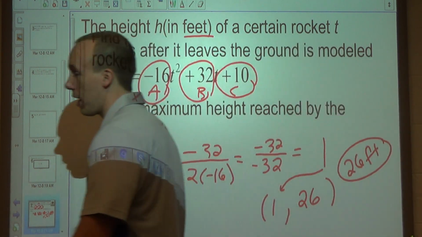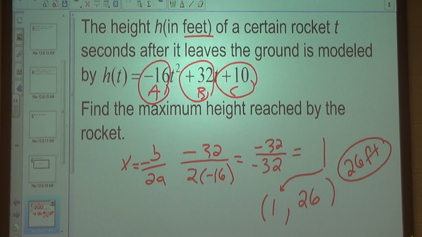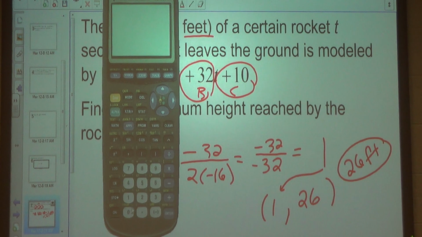Now how could you use your calculator to also calculate the maximum? Because that calculator does that for us. So if you plug the equation in your calculator into y equals,